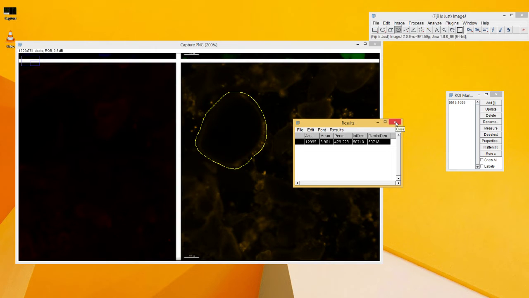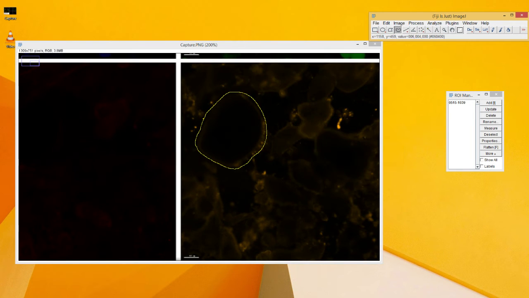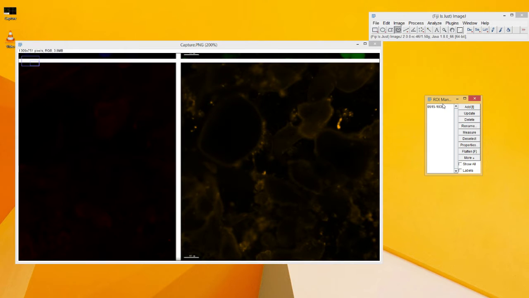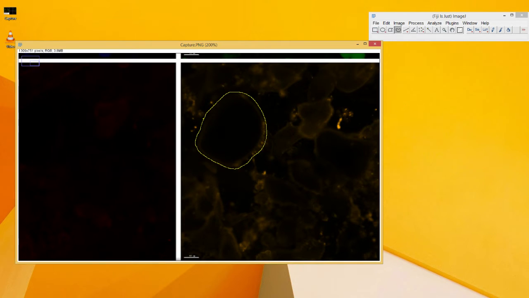So I found a way that we could calculate just the ring. It's not super clean though. It's a workaround, but it's not super reliable because you have to draw everything by yourself. But anyways, if you draw this circle around your cell and then hit T, it'll add this to your ROI manager. So let me do that again. If I draw something here,